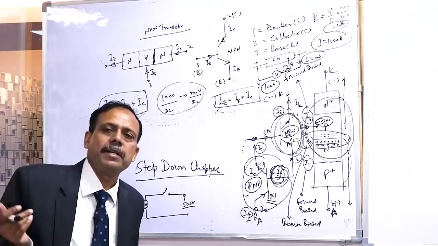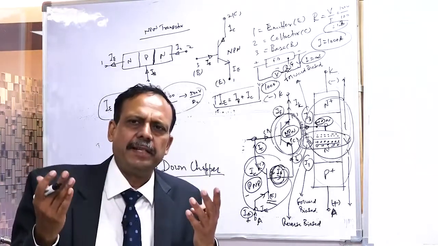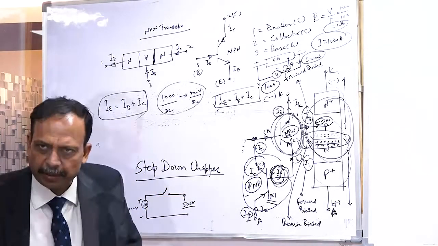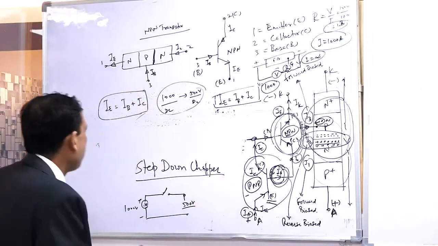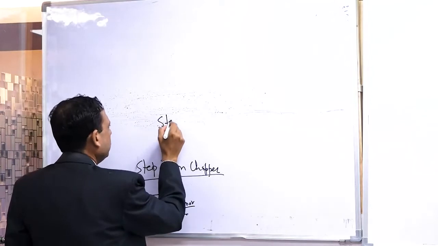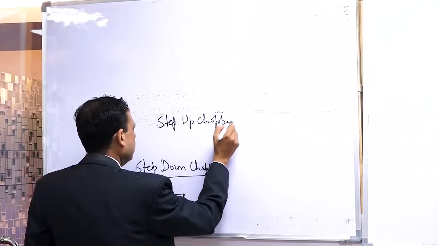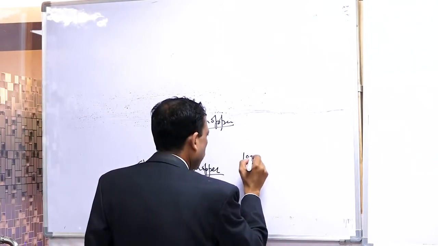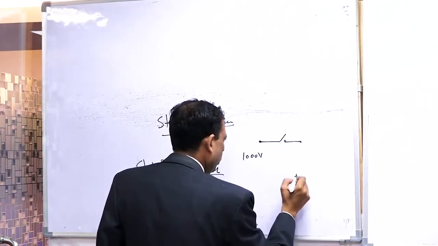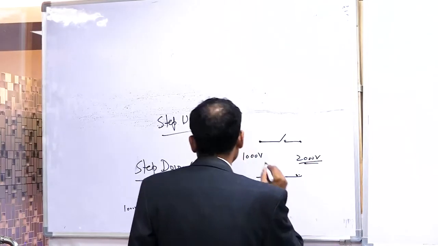What are the other types of choppers? Anyway, we are going to discuss the other types of choppers. Yes please, just put your mind, when the fixed voltage is reduced, this is called step down chopper. What could be anything else? Any other type of chopper could also be there. Correct, Ramesh, could be step up. Just like step down, step up chopper. Just put your mind, what will it be doing? 1000 volts here, and there is a switch here, and it is going to make 2000 volts. This is called step up chopper.